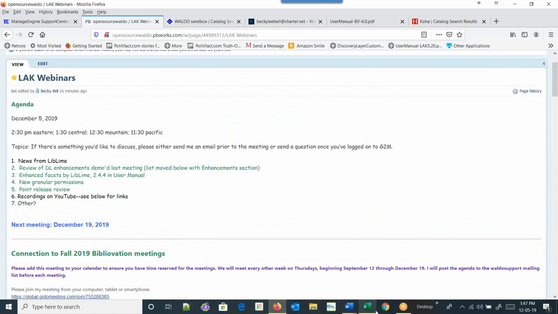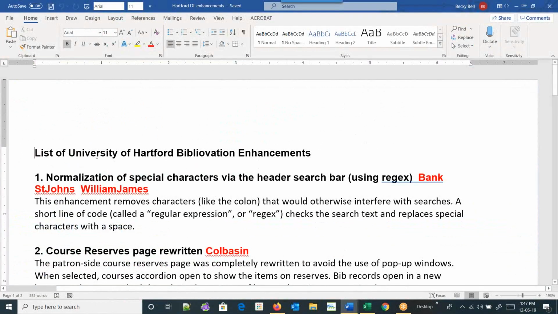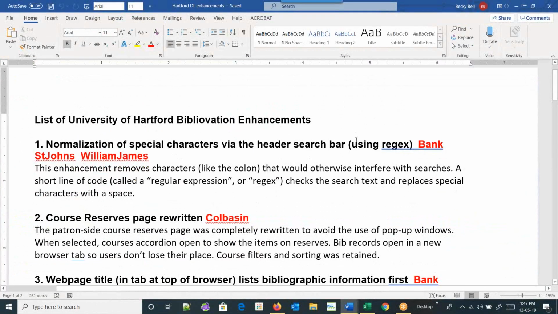I did send out a document to you that was a list of the University of Hartford Bibliovation enhancements for the discovery layer.